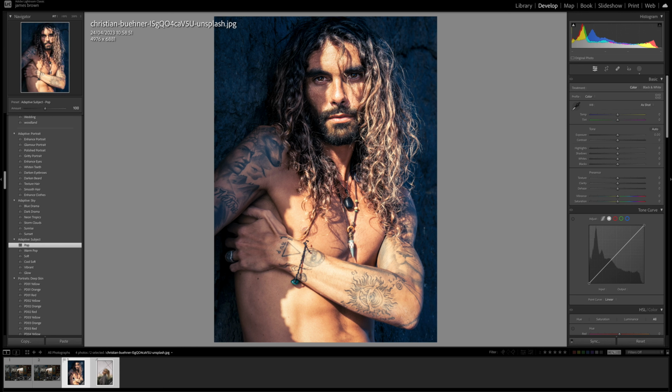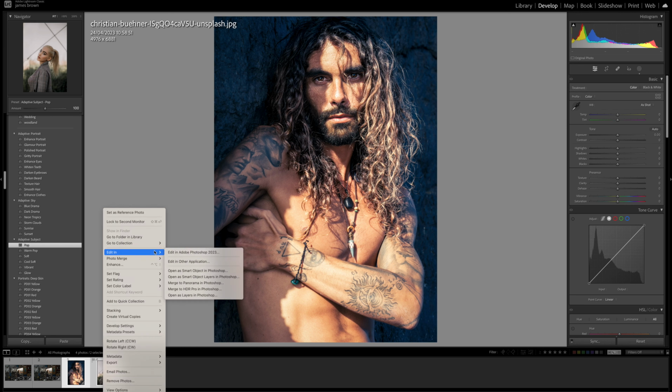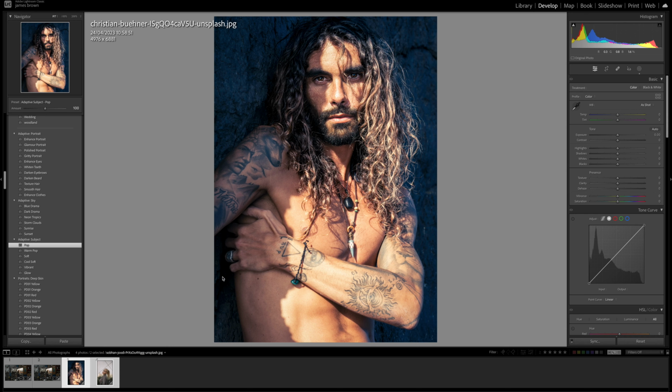So you would select your images, right click, and then select edit in, and you can see here where it says open as a smart object in Photoshop. That's the old way of doing it. Now what we can do is open as smart object layers in Photoshop. So if I do that,